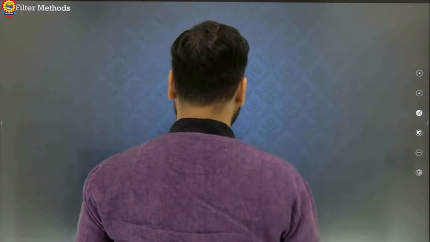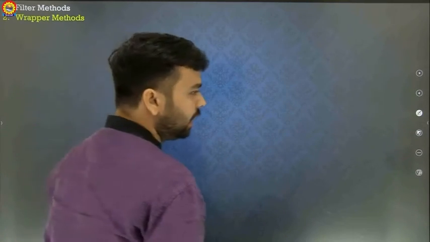So that is the filtering. So what is the filtering? Filtering is nothing but a type of pre-processing. We pre-process the dataset features on the basis of the score of the feature. The score can be anything: correlation, chi-square method, or any other method. On the basis of that score, we choose a subset of the features, and we apply that subset to the model, and that model generates the target value.